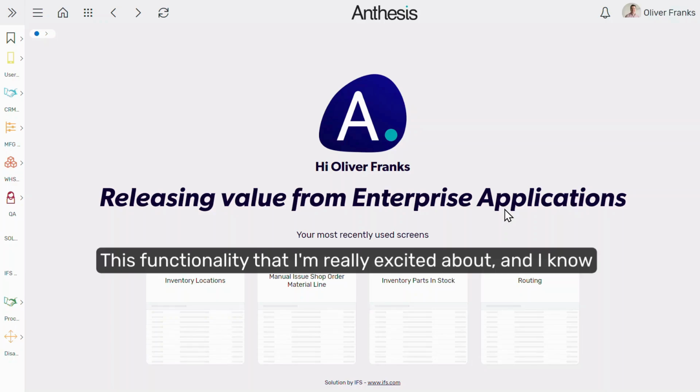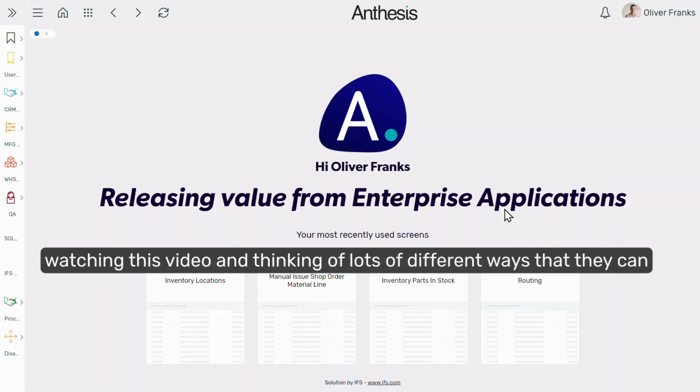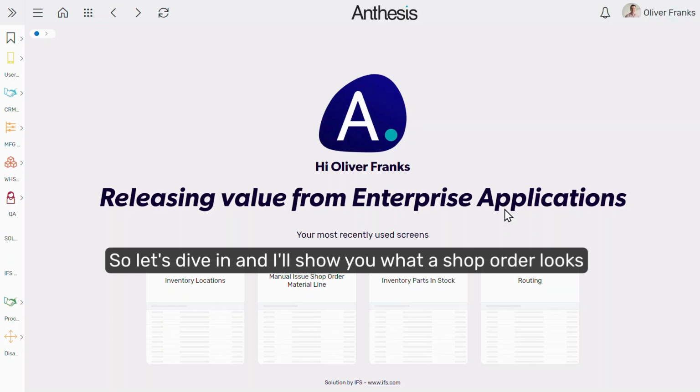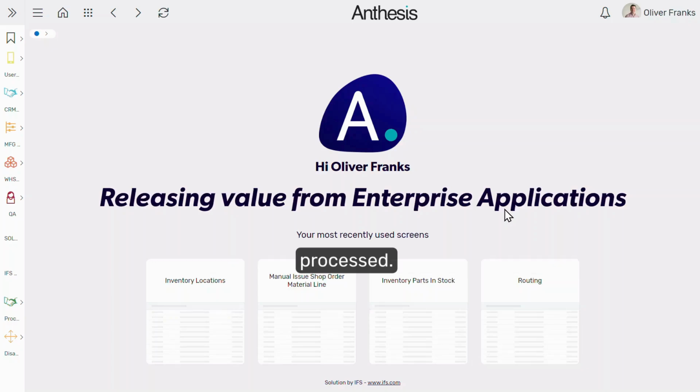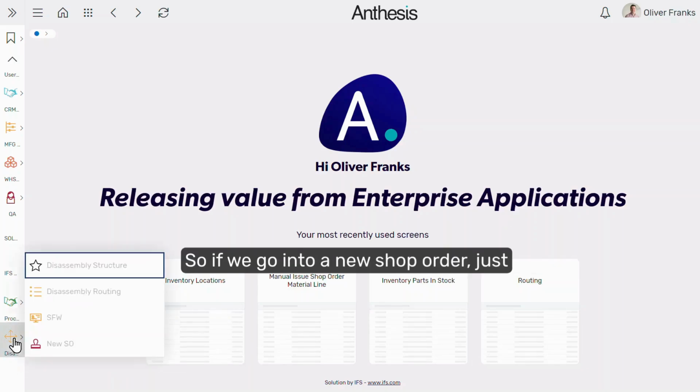This is functionality that I'm really excited about, and I know a lot of the colleagues that I've worked with previously will be watching this video and thinking of lots of different ways that they can use it. So let's dive in and I'll show you what a shop order looks like when it's a disassembly shop order and how that's processed. So if we go into a new shop order,